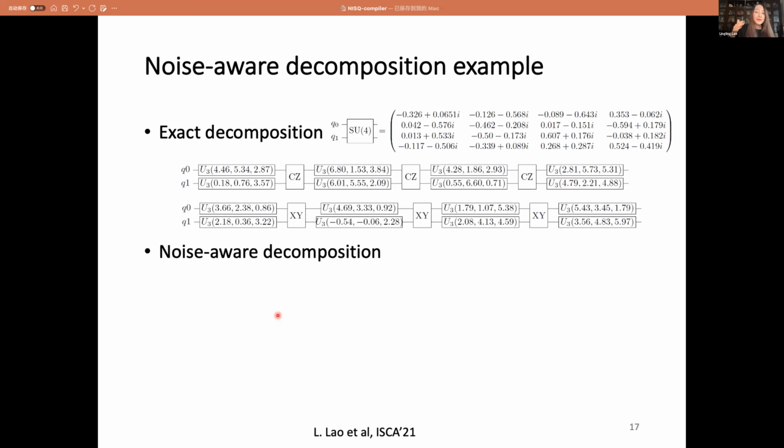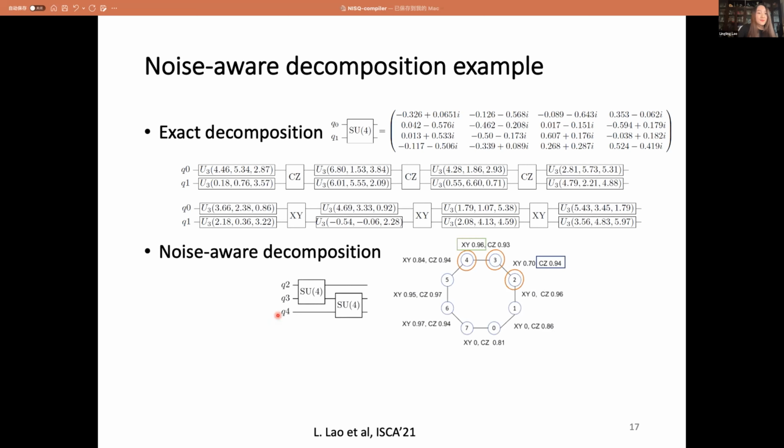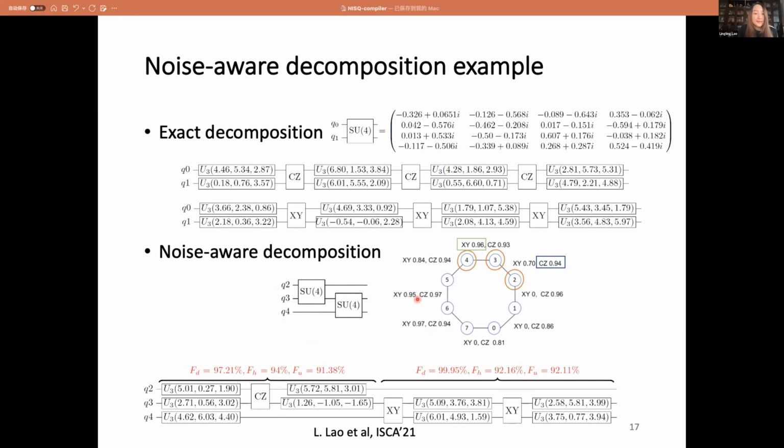And if we want to implement this small circuit on this Rigetti's Aspen device, we can perform either the exact decomposition as in the above circuit, or we can perform a noise-aware decomposition, which will first consider the first unitary on qubits 2 and 3, as we can see here.